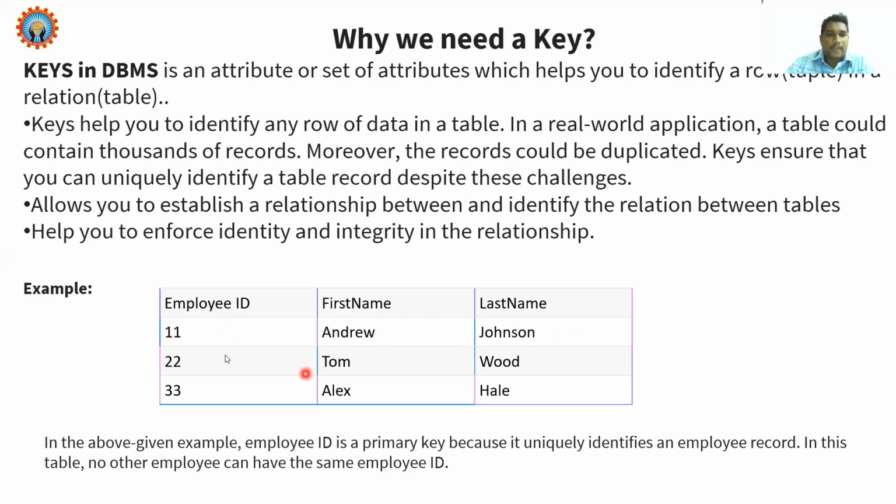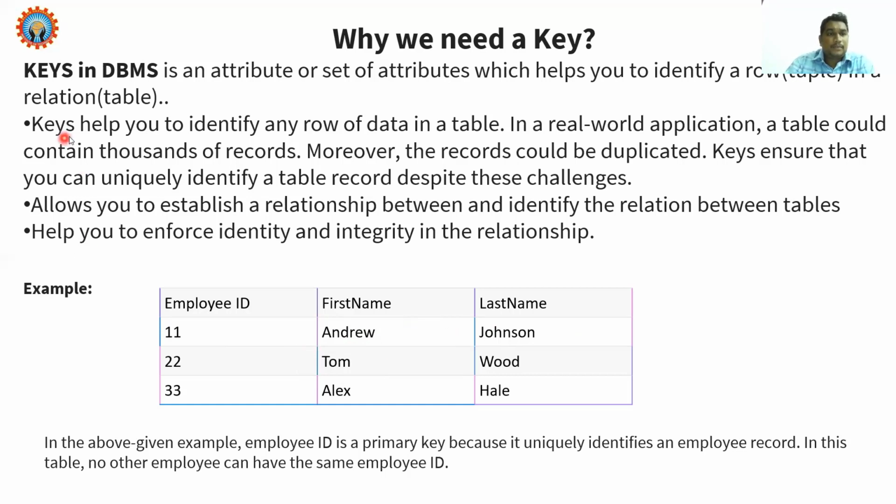particular tuple. For example, if you ask for the details of 11, the 11 will have a first name and last name. For example, in our section, if I ask for a roll number, any roll number like 1 2 3, we can easily identify his or her details. Similarly, based on keys we can identify particular tuple values.